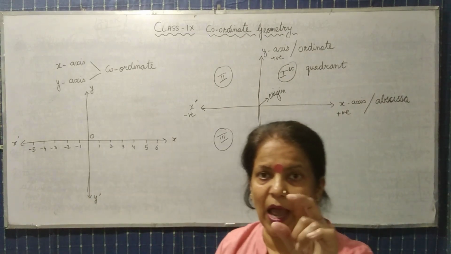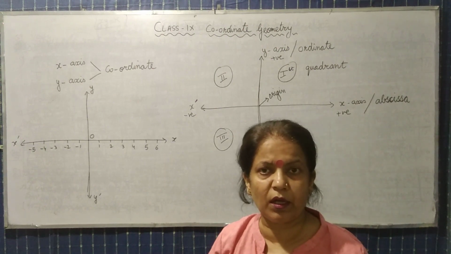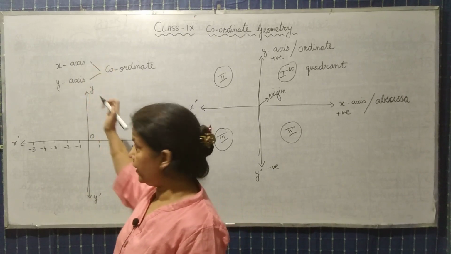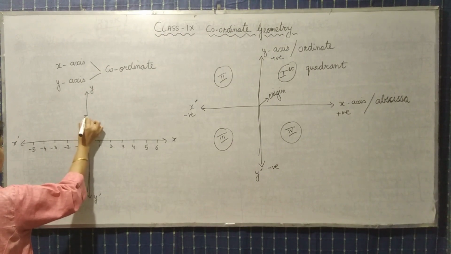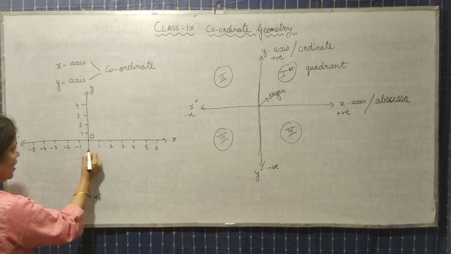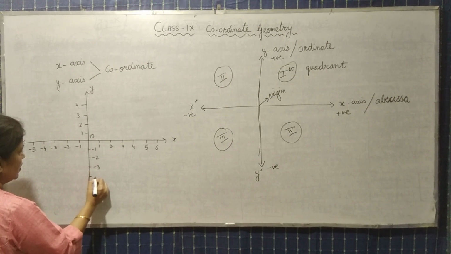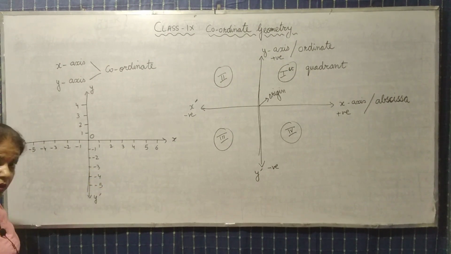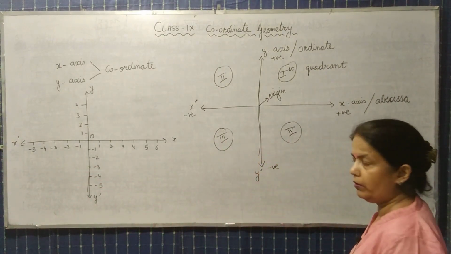Remember, the gap or the division should be the same. Otherwise आपको क्वेश्चन करने में गलती हो सकती है. Same way, the upper part of y-axis is positive, तो हम इसको positive value लिख देते हैं like this, and the lower part is negative, so we will write negative value like this. ठीक है? अब now we will try to plot the values over here.